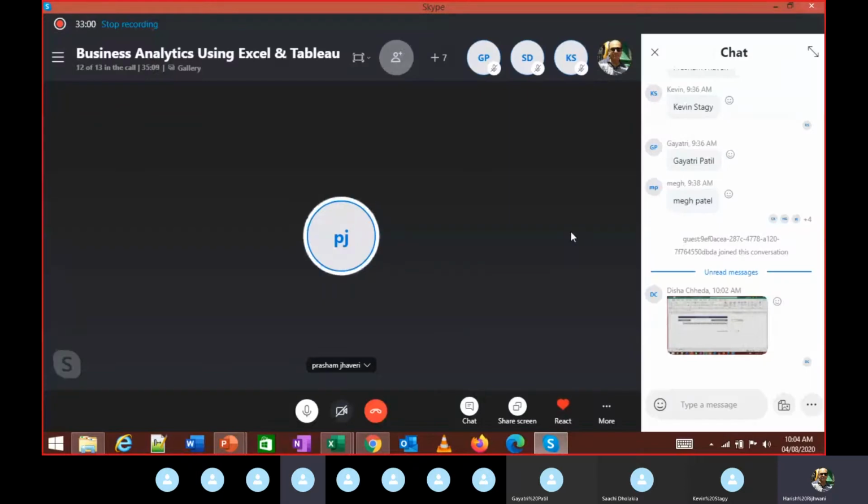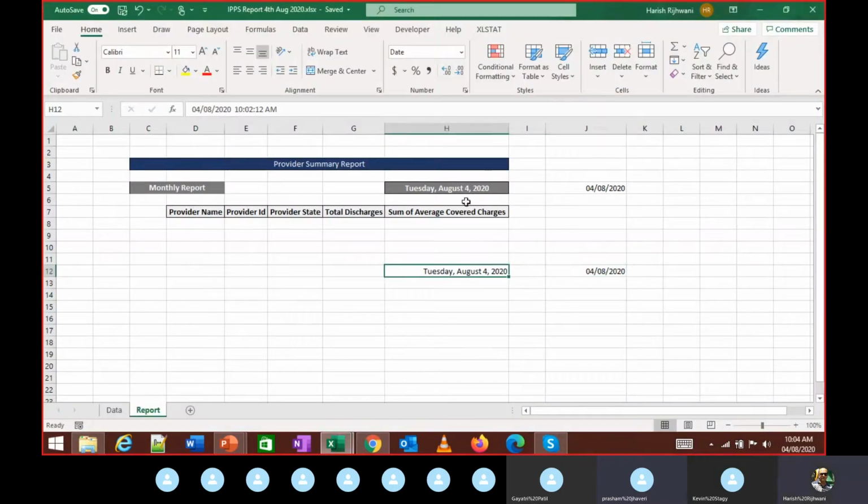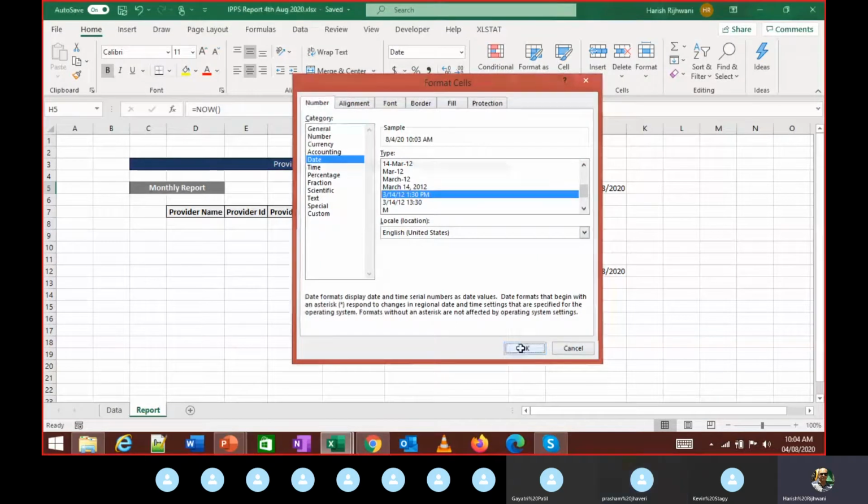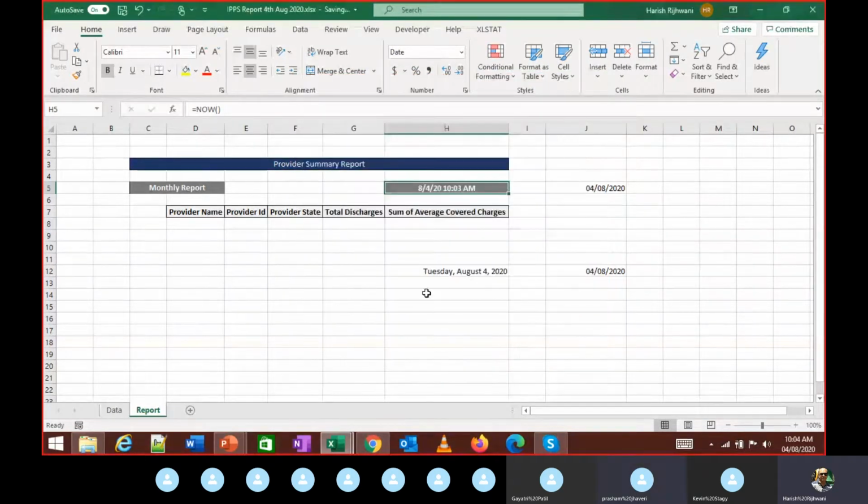Sir, I think when we add the NOW function, in the number format we can go into custom, and in my sheet it shows the DD-MM-YY HH:MM format, the hours and minutes format. Yeah. You want to share your screen?